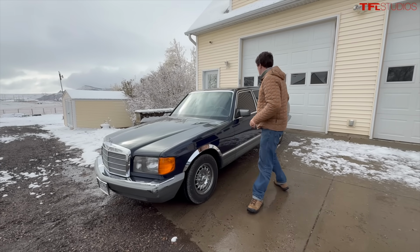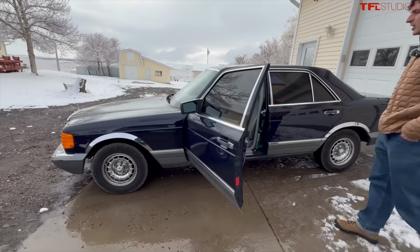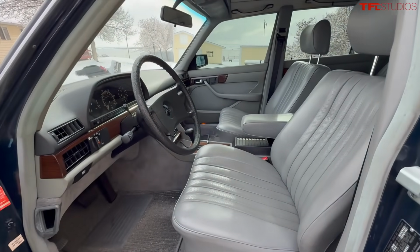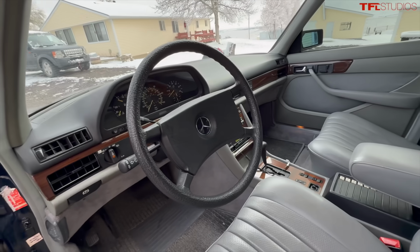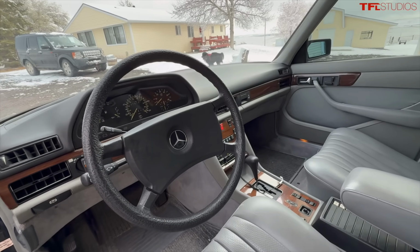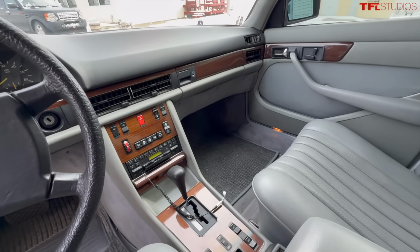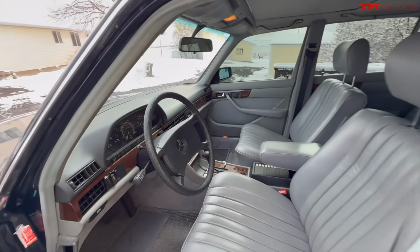But these cars are really cool. Check this out, interior, really big and comfy. I'm liking the ride so far. The problem with this car is I kind of started my experiment at a bad time because, as you can tell, we are in the midst of winter here. And this car has the worst snow performance, I think, of any vehicle maybe ever, at least that I've driven recently. So I'm driving it on the days when we're not getting snow,